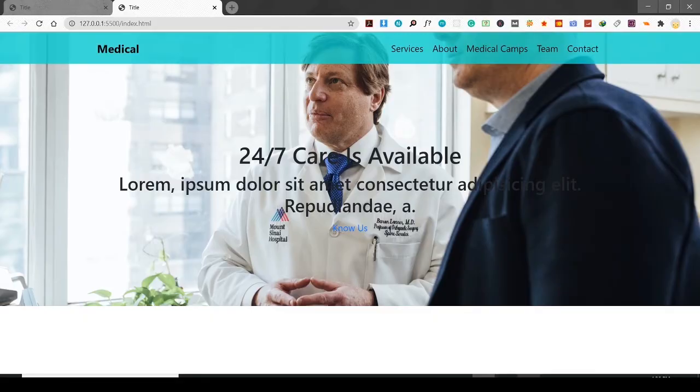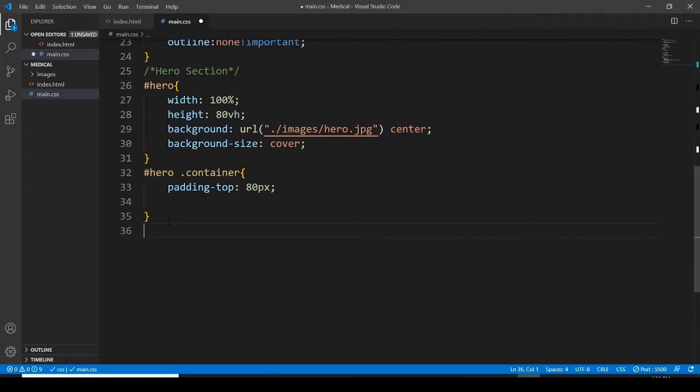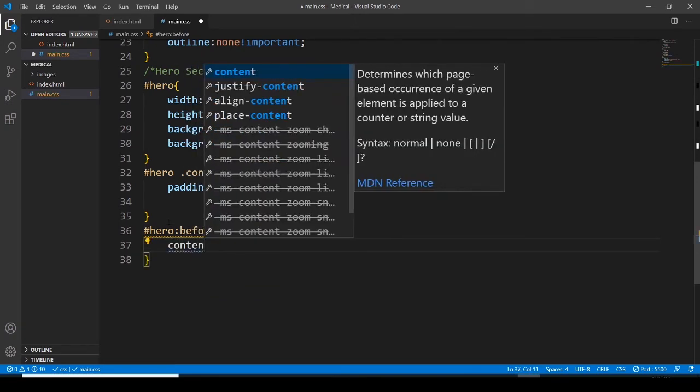Okay, and then padding is going to be 80 pixels. Now I want to use this, I'll show you what it is and what it is going to do. Hero before, and content for this,